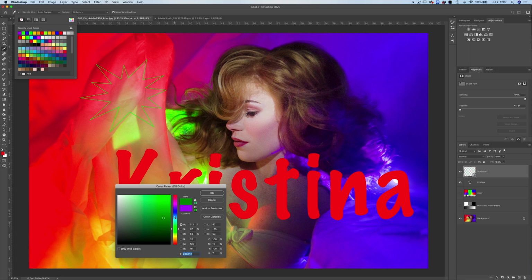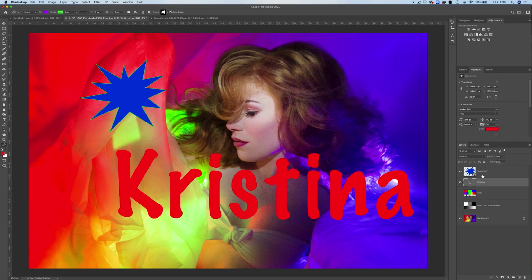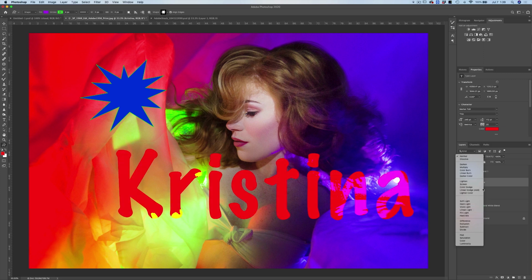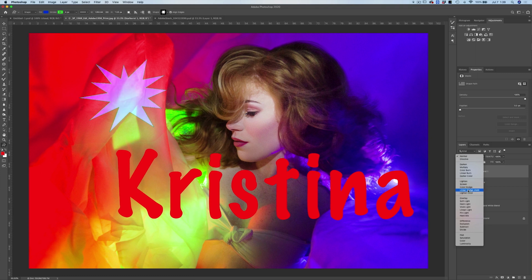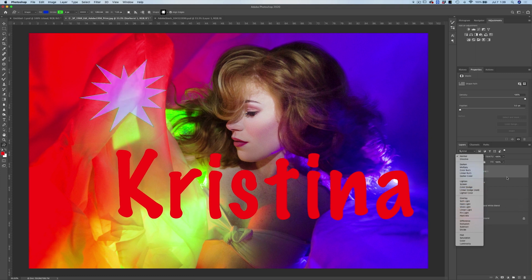Let's go ahead and add a blue fill with a green stroke or a green outline. The same way our pixel-based layers have different blend modes, the text layers also have the same capability, and your shape layers have the capability to change and modify them depending on their blend mode as well.